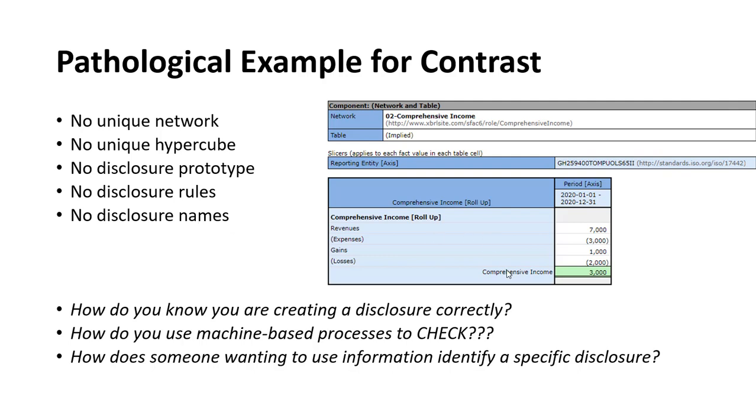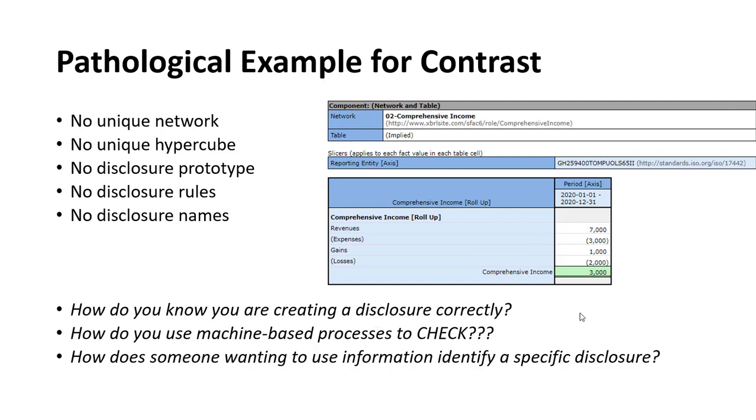What if you had no names for this disclosure, comprehensive income statement? So what I'm describing is both the US GAAP taxonomy and the IFRS taxonomy for SEC filings. They both work the same way. None of these are unique. You can't use any of this to discover anything. So